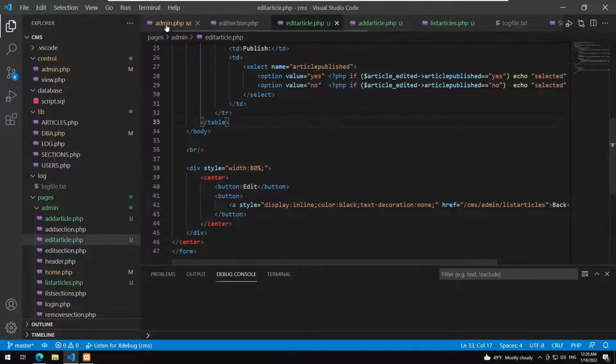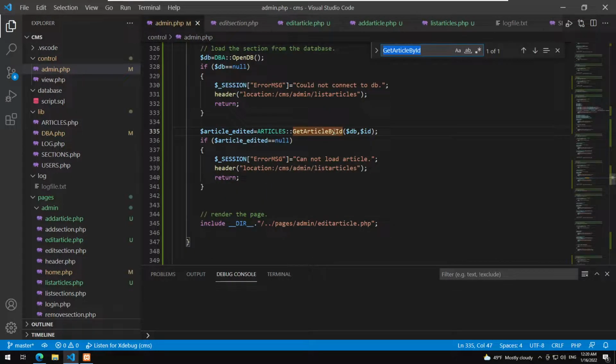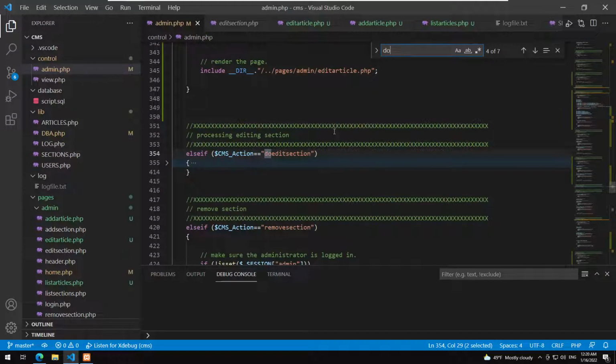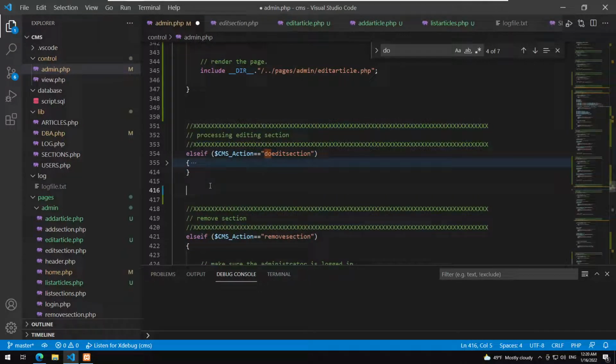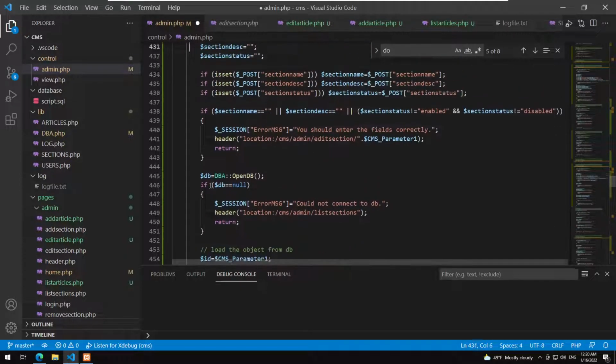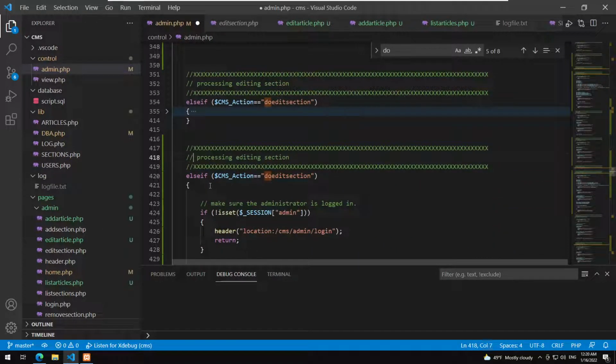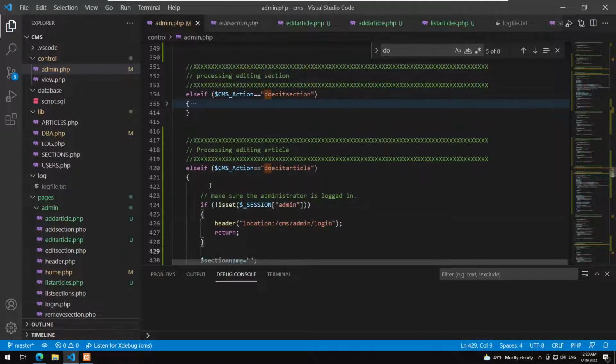So let me go back to the administrator and go to do edit section, and this is going to be do edit article. Processing editing article. So this is going to be do edit article. Okay, very straightforward. So if the administrator is not logged in, just redirect to the login page,